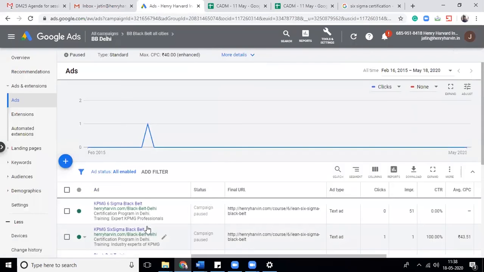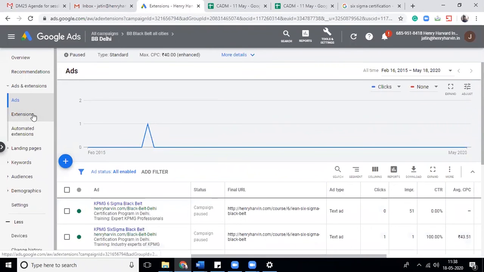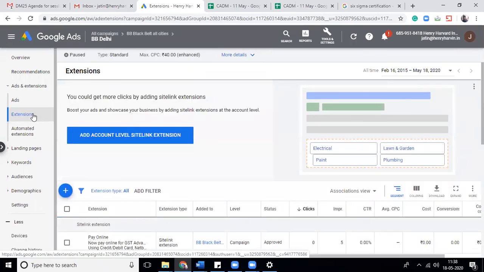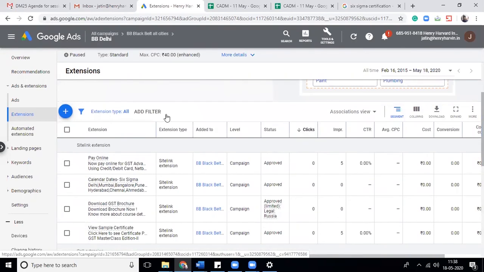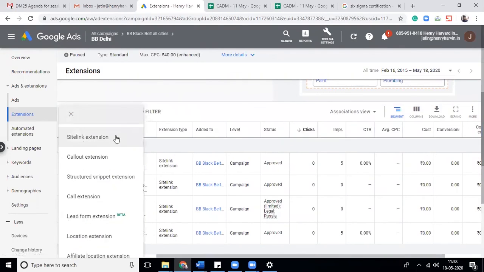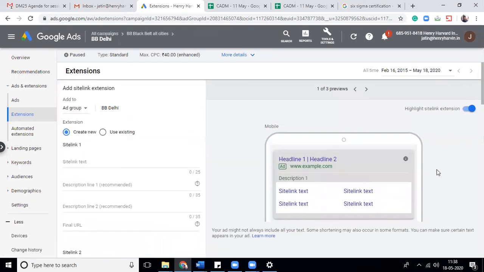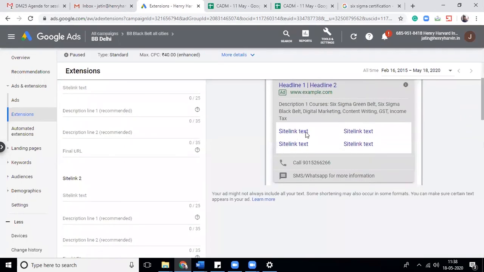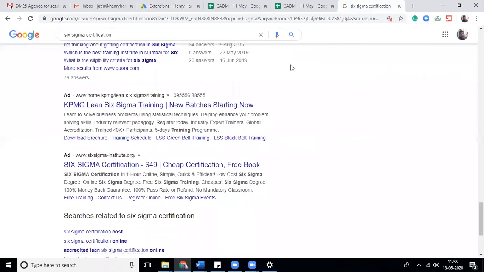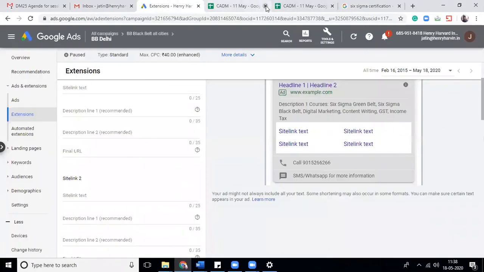Then how it is happening is with the help of ad extensions. So we will learn 9 to 10 extensions, how you can put more and more content in your ad. The first ad extension is site link. So what is a site link ad extension? The clickable link ad text which you have seen over here is coming because of the site link ad extension. It is the links in the ad apart from the main link.